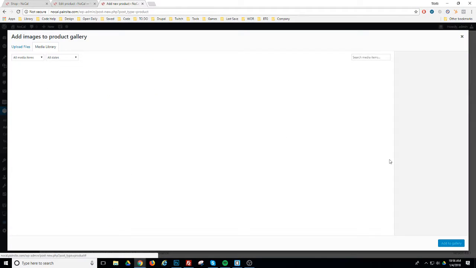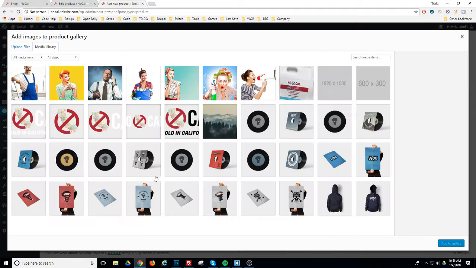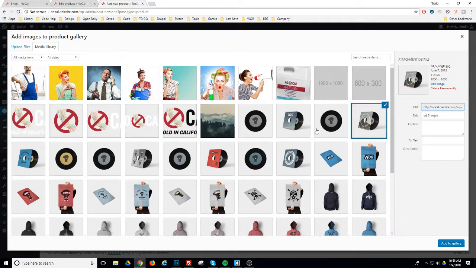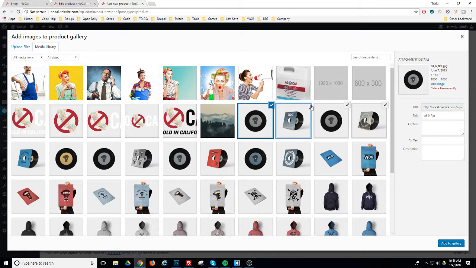You can also set a gallery, so we can add gallery items, which will be one main picture and then some items underneath, and I'll show you what that looks like. So you can just keep selecting as many as you want. If you hold shift while you do it, or control, it'll select multiple ones. And then if you ever want to get rid of one, you can either do the same thing, click it again, or come up here, and once it shows the minus, you can get rid of it. So we'll add